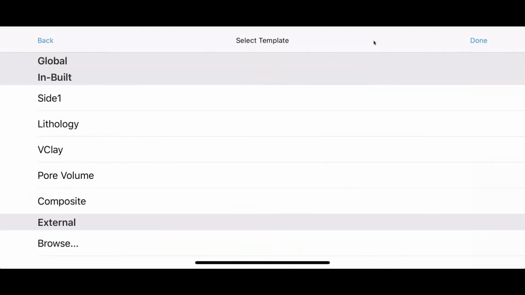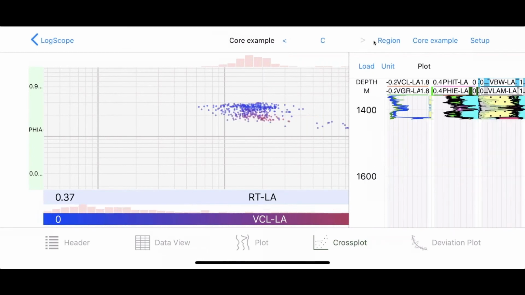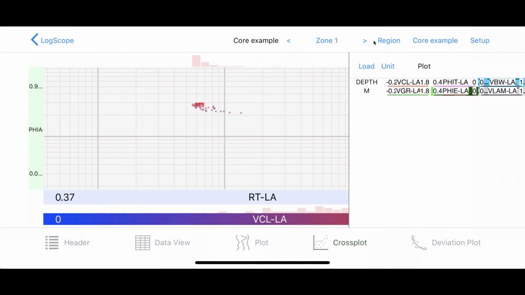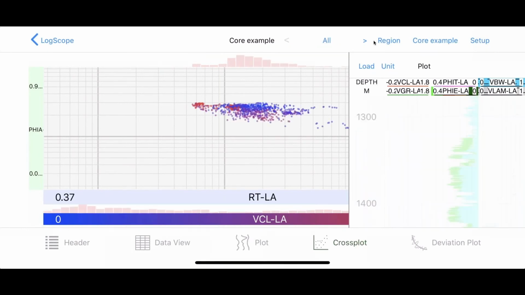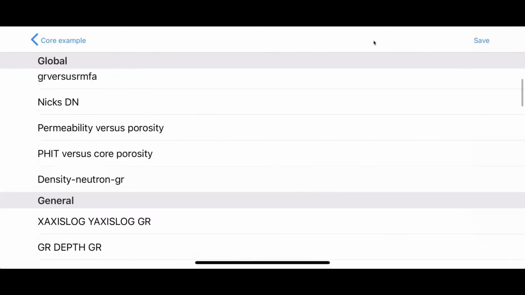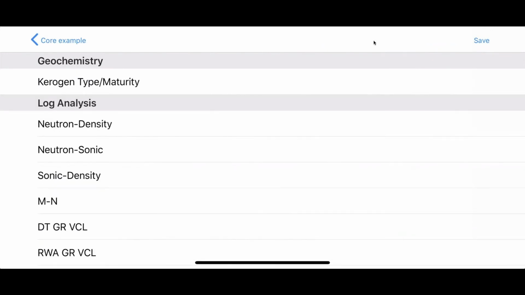I can load different side plots. For example, I've got this one here, and the plot will change and show the actual zone, and we are at zone 1, which has no data, and All will show the whole interval. So that is the basic functionality of the cross plots, and you can save the cross plots that you create and use them on other wells and so on. If we tap on the core example, the next cross plots I'm going to go to are the log analysis. We've also got the geochemistry, but I'm going to go to the log analysis and the